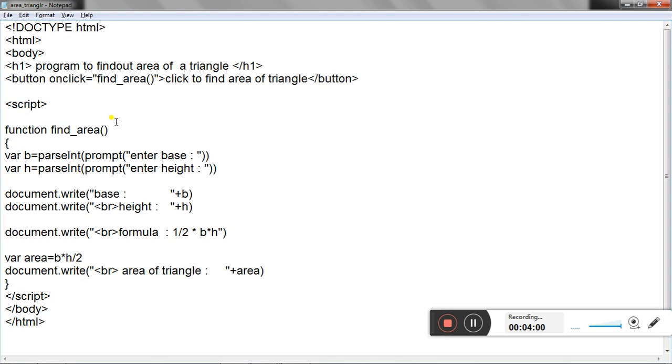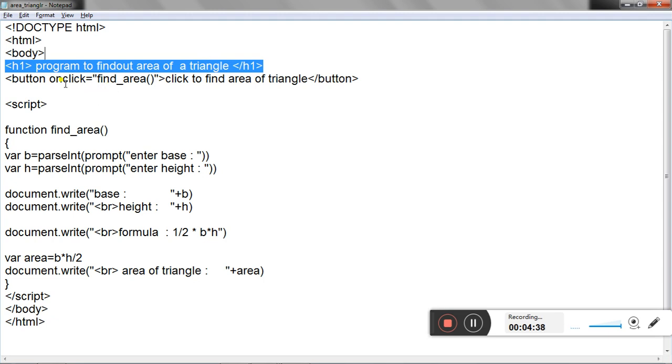This is the program. Okay, where we will start with doctype HTML, as we are supposed to write the program in HTML5. So doctype HTML is compulsory, right? Then we are supposed to create an event driven program. So first we need to create the button, and then we need to call the function. Okay, so here we are going to display the highest level of heading by using the h1 tag. H1, the highest level of heading, program to find out area of a triangle, this is the heading, then h1 close. Okay, this will display the highest level of heading on the screen.